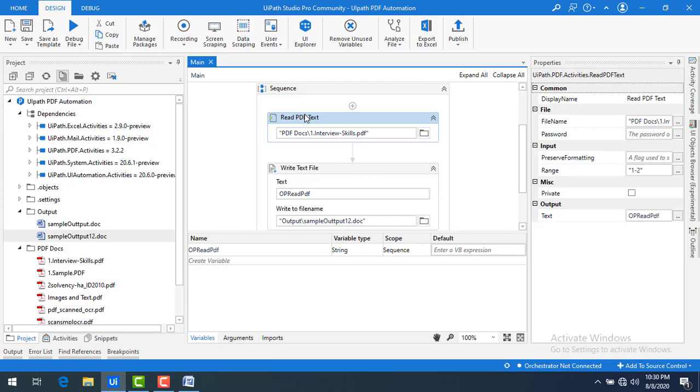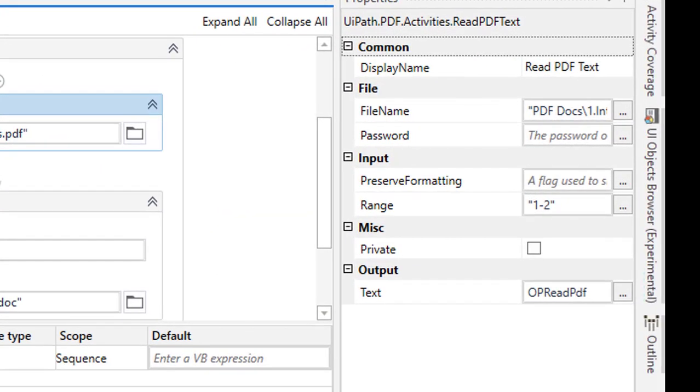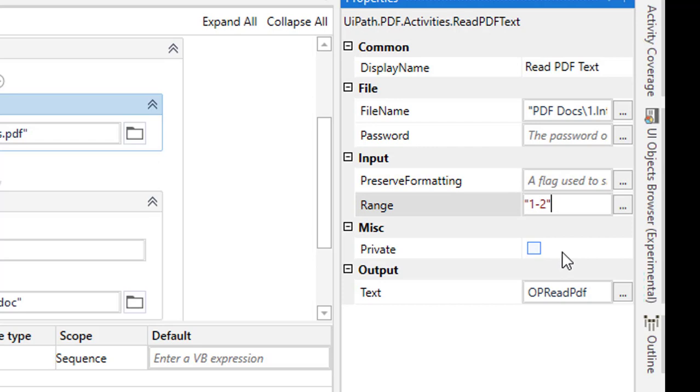Let's assume I have 100 pages, and out of 100 pages I don't want to read all the pages. I want to read 1-2. In between, if I want some 7 to 8, I can give it like this. And after that, if I want to read from the 90th page to the end, I can give it in such a format.